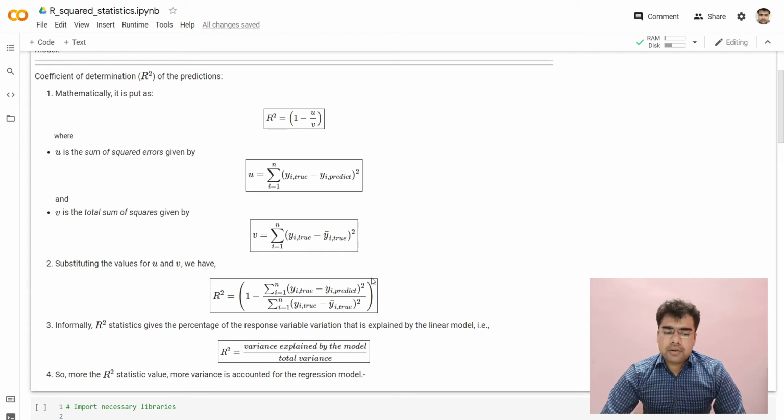Okay, so R squared statistics is basically a measure of how much of that variation is accounted for by the model, or how much of that variation the model is able to explain. So if my model is able to explain a lot of variation, obviously that model will be superior. Okay, so this is the informal definition of R squared statistics. It is basically a fraction, the numerator of which is the variance explained by the model divided by the total variance in the data. The total variance can be a fixed quantity, and the greater the variance explained by the model, the more superior it is.